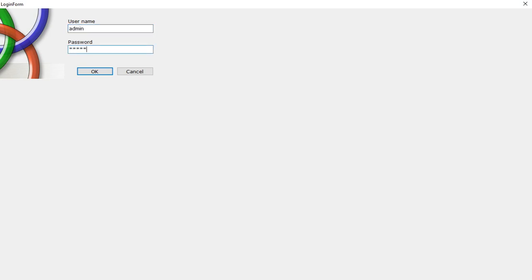As admin, you can change the background color very easily. If I put the wrong password, it'll give the message box. It will compare with the table whether what you entered is matching or not. If not matching, definitely it'll give the message. That is what is done here, and click OK.